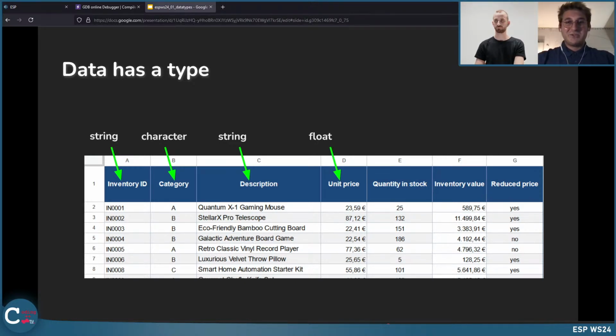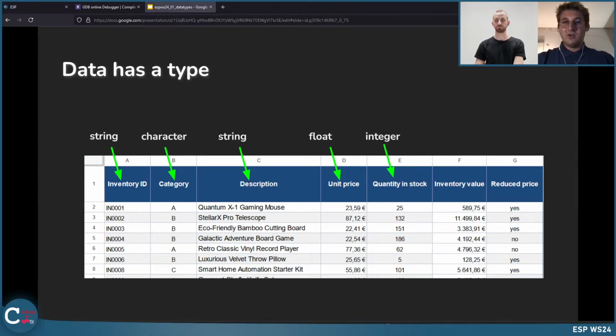And now it gets really interesting. So let's come to the unit price. It's a float, a floating point. In German, we call them Gleitkommazahlen. So we have something to the right of the decimal point. For the quantity in stock, for example, we don't have that. So this is an integer. In German, a ganze Zahl.